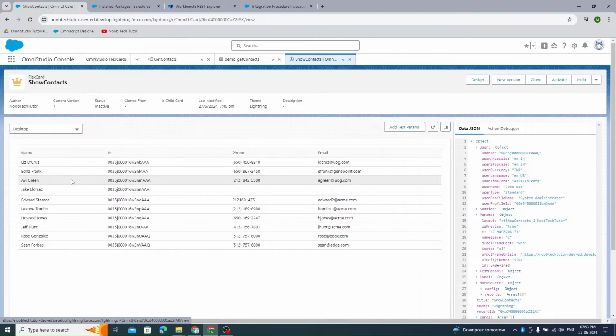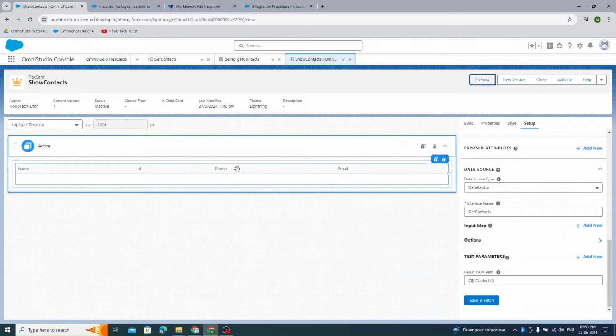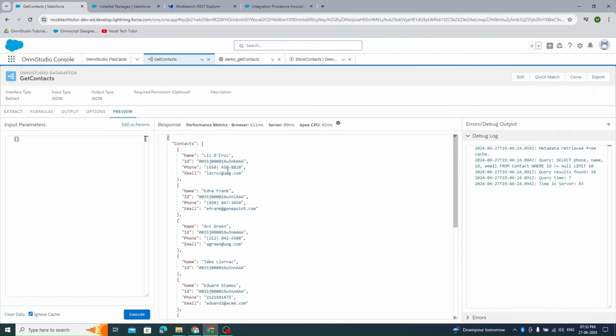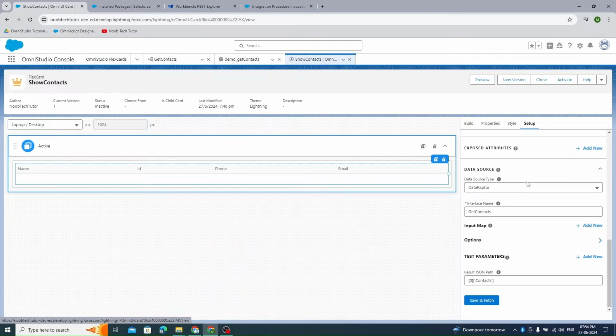So you can see all of these things here. So this is one way of fetching the records. We can do other ways as well. So let's say we are getting all of these records as a JSON. We can directly paste this in